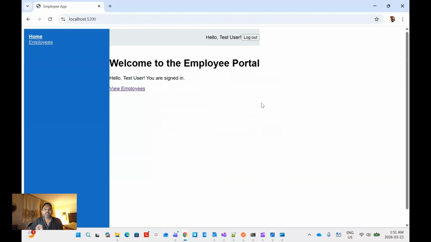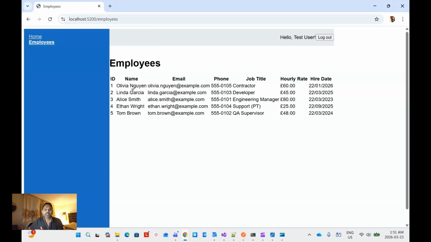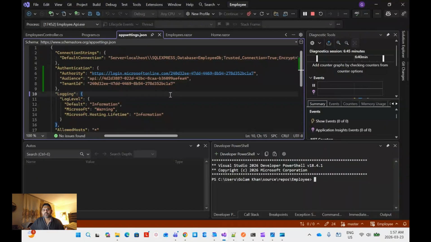and then once authenticated, see, it comes back, it returns back to my application, and now I'm authenticated. It shows my name, and now the view employees link shows up. Now if I click view employees, it is going to make a call, and see, I'm getting all the employees back from there. Now you see how we can secure a web API so easily